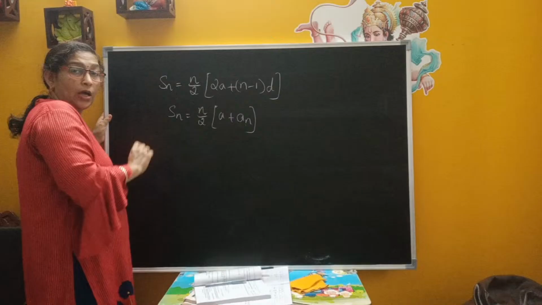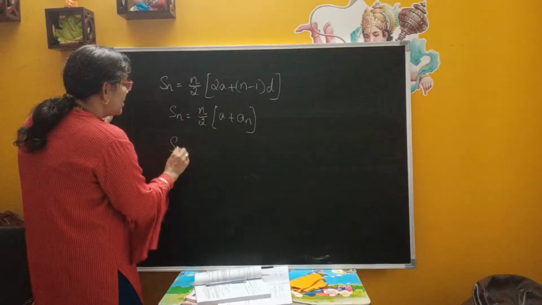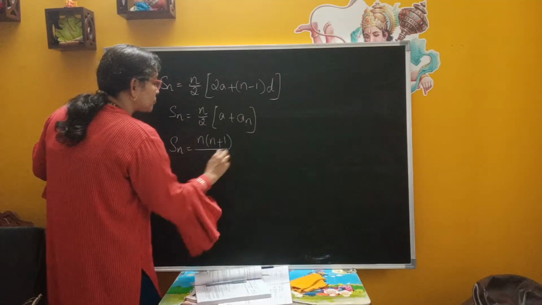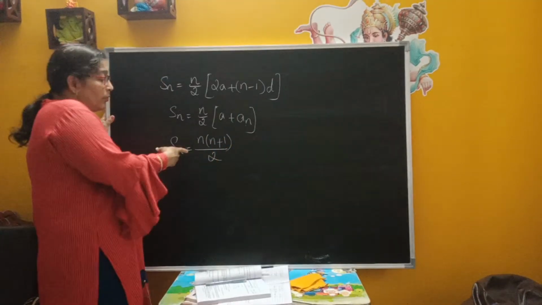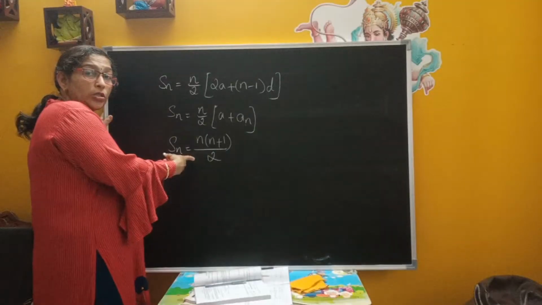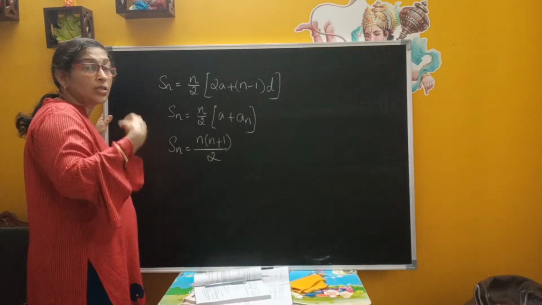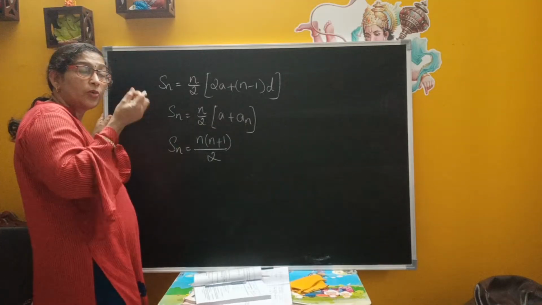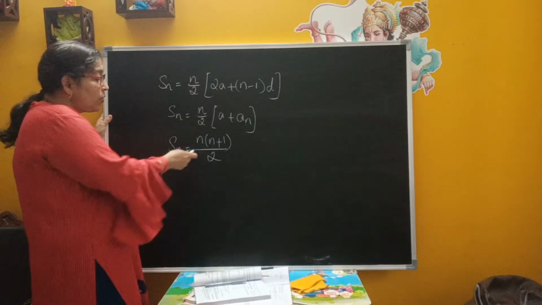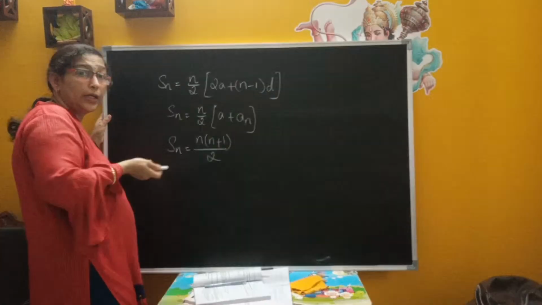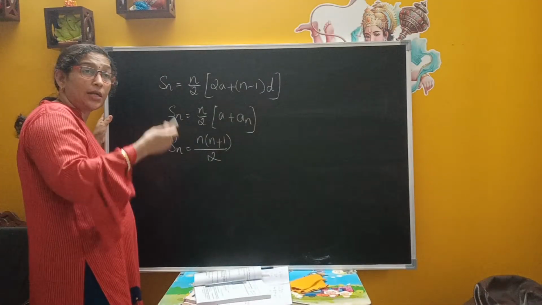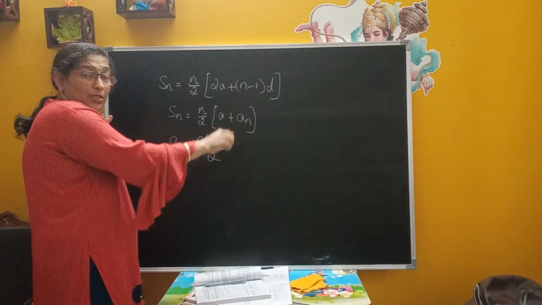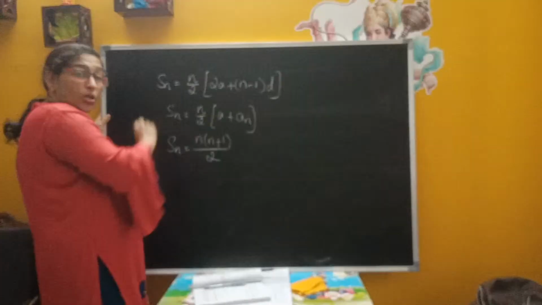And yes, we have also discussed Sn is equal to n into n plus 1 by 2. This formula can be used to find the sum of first n positive integers. I mean, you want to find the sum from 1 to 100. If you want to find the sum of first 100 positive integers, starting from 1, 2, 3, 4, 5 till 100, instead of adding 1 plus 2 plus 3 plus 4 like that, or instead of using the other formula, we can